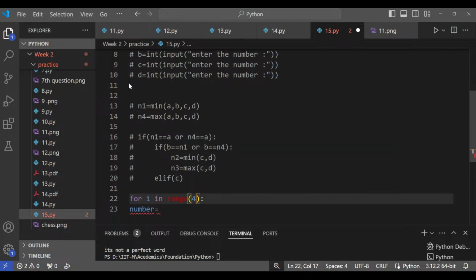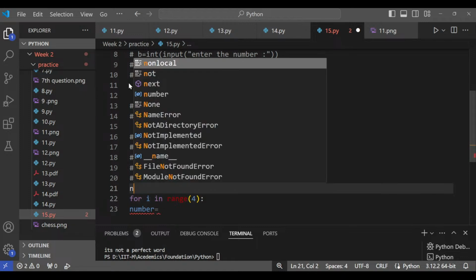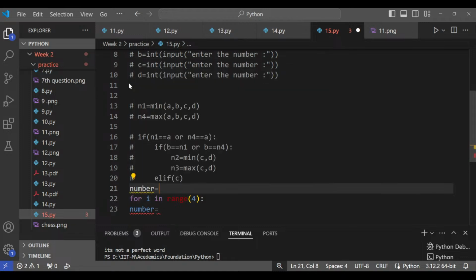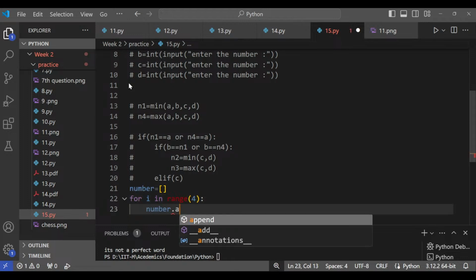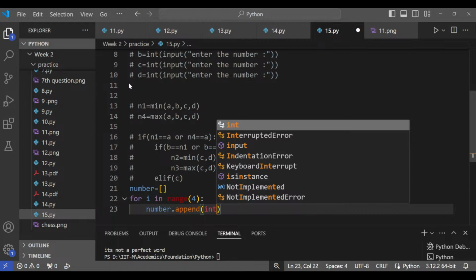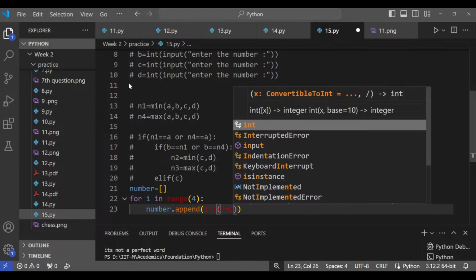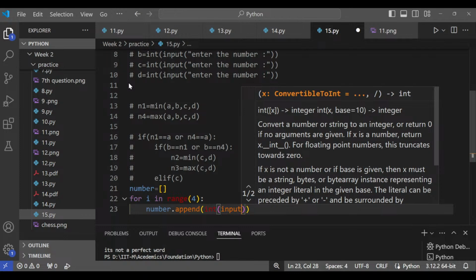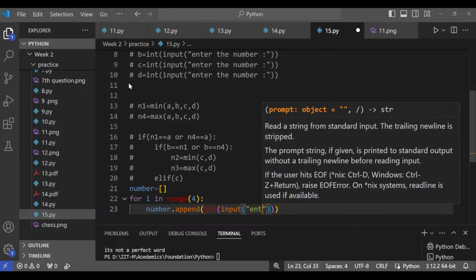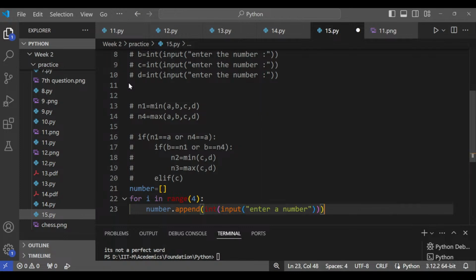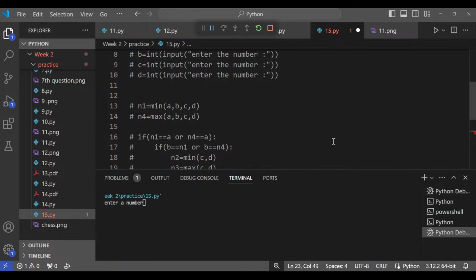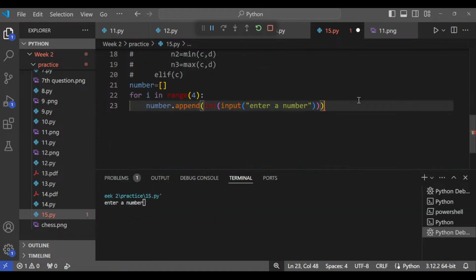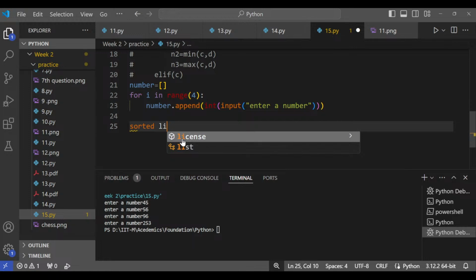Then I have number which is an empty list. The number here becomes number dot append int of input of enter a number. So this thing should take four numbers. Let me just check it once. Enter the number 45. Now